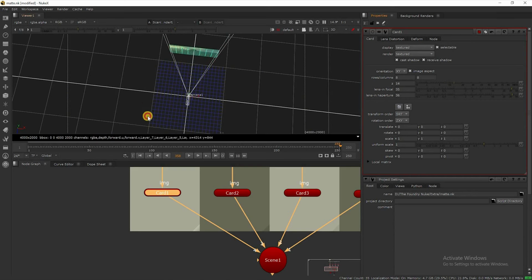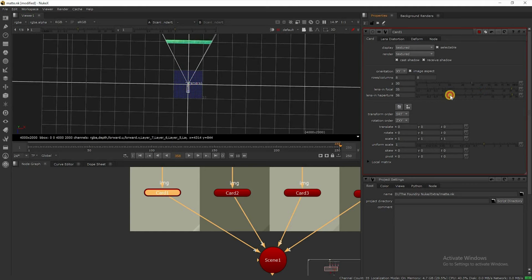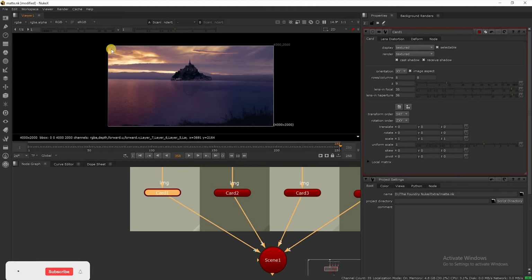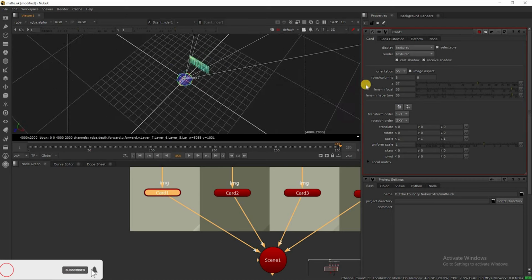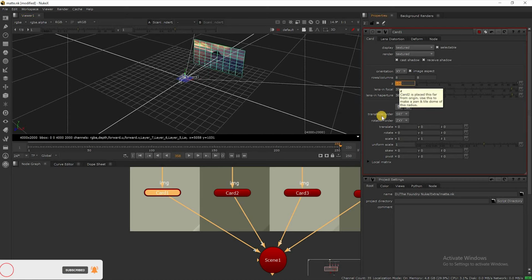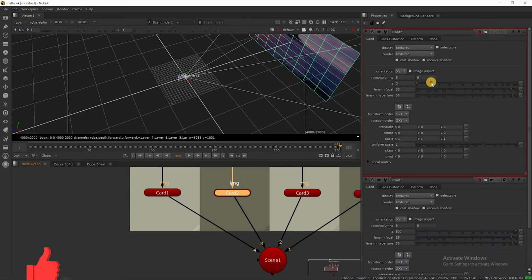If I move in Z, it actually moves inside the focal length of the camera. If I view it from my camera perspective, you can see that it's always locked to my horizontal and vertical. So I will give 500 in Z space of card 1 and I will adjust all these cards one by one.